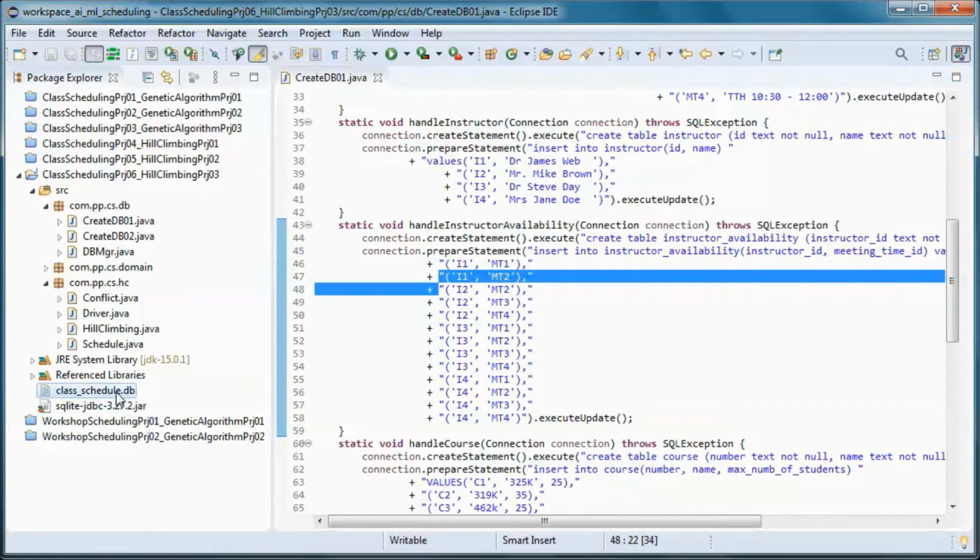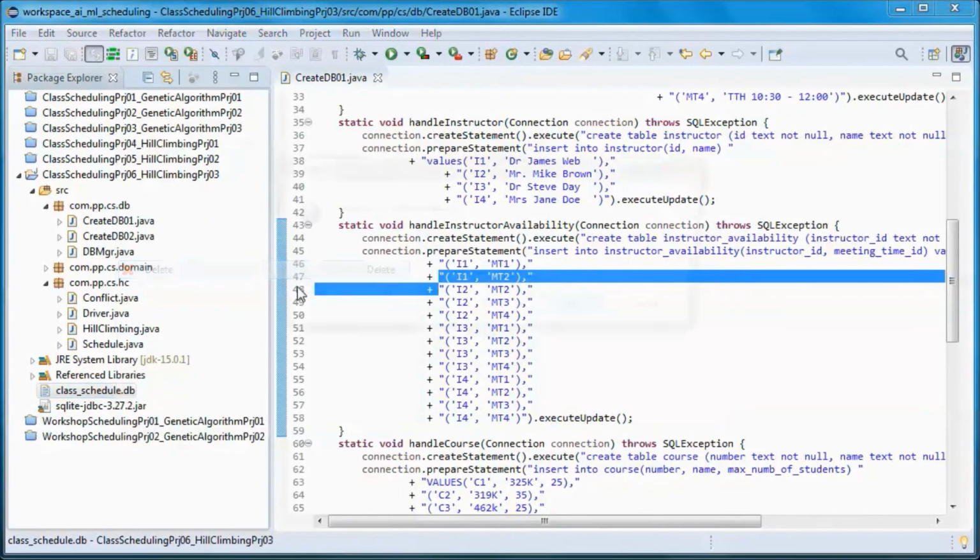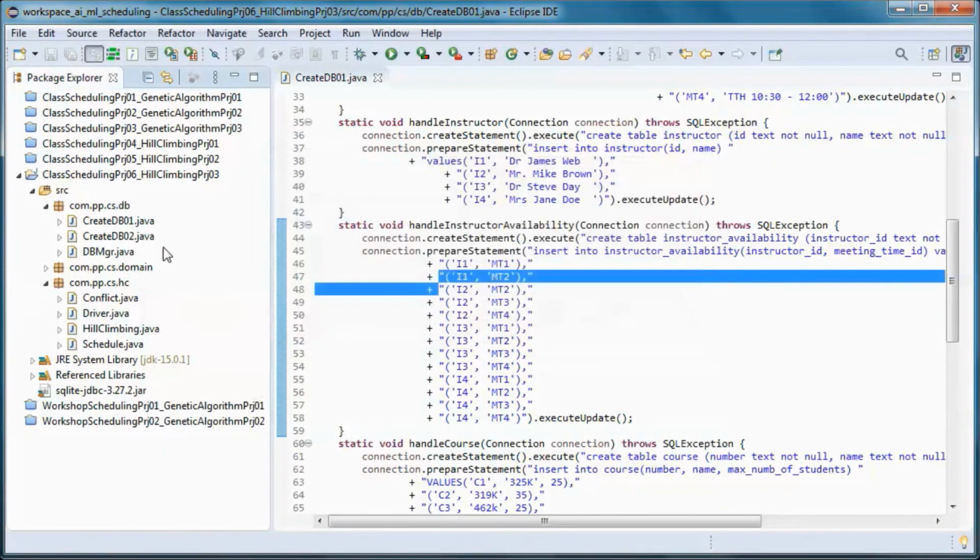And let's delete the database and recreate it.